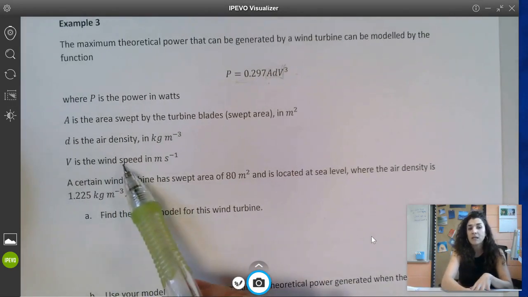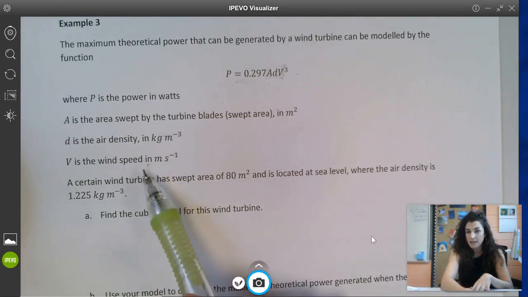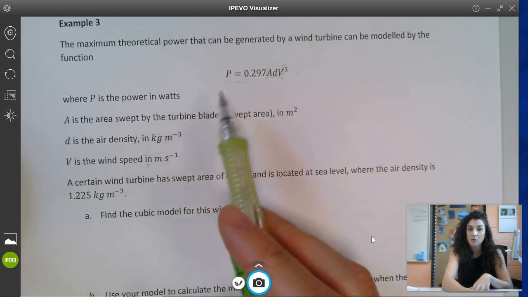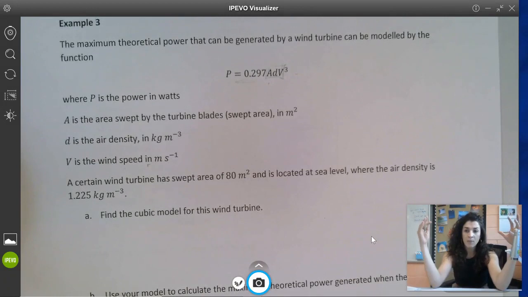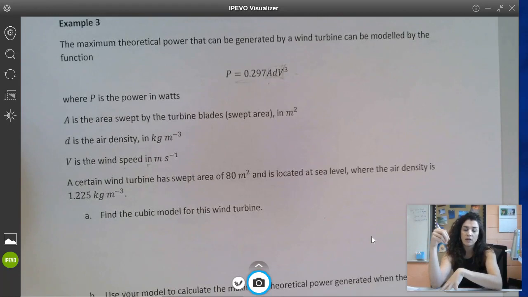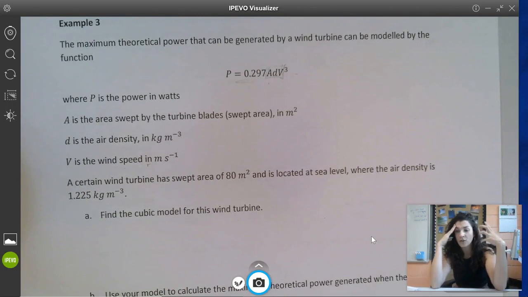And then wind speed is implied in your turbine's ability to create power. So this moment of, oh, interesting. Okay, so when I have a wind turbine, I have to think about things like how much area the blades are covering, how thick the air is, and what the speed of the air is around me in order to know how much power is created. Oh, okay, so all those play a part in power generated. That's it. Just the simple process of asking, what does this mean in the real world? Can I envision a wind turbine and generate an idea of what it all means? That will be helpful for your